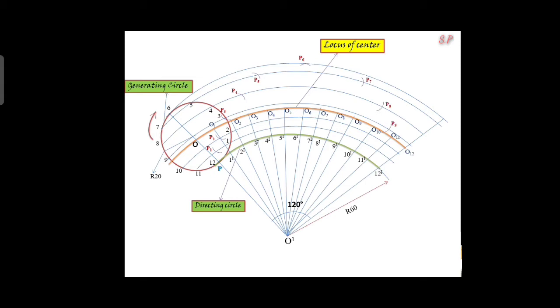next P9, and O10 is the center, 20 mm is the radius. You draw the arc on the 10th point locus. You get P10, and O11 is the center, 20 mm is the radius. You draw the arc on the 11th point locus arc. The next, finally you get the P12 at the point of our 12 dash. Now you join all the points from the initial point P. You will get the epicycloid curve.